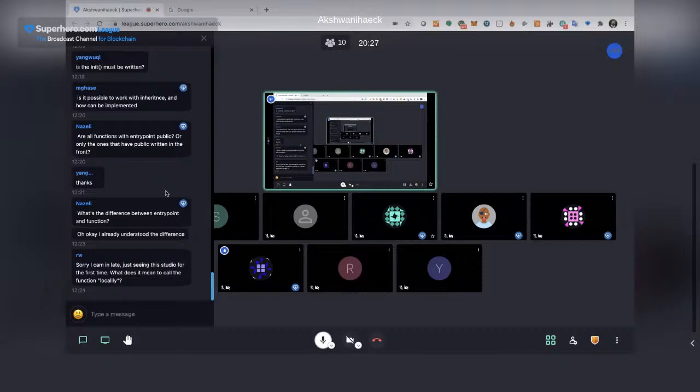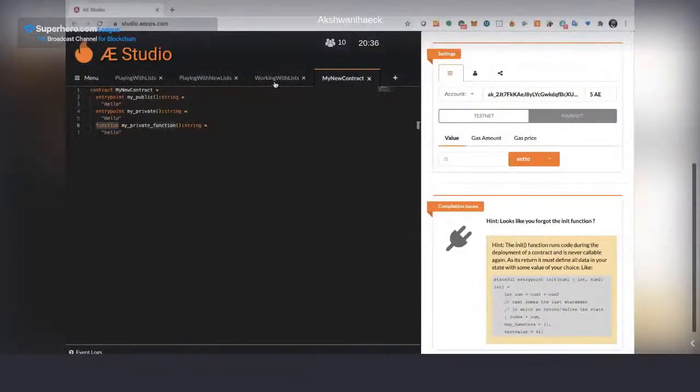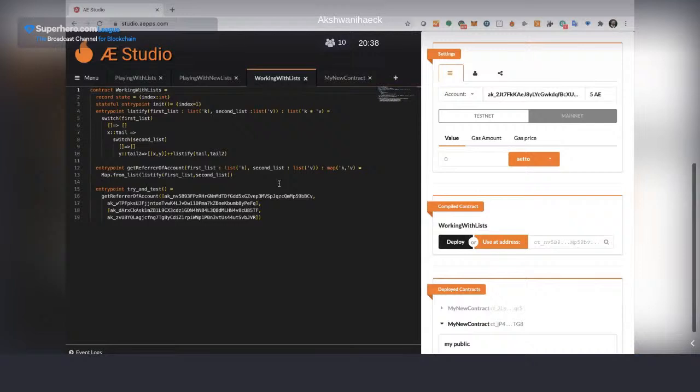What does it mean to call the function locally? Well, you will use it inside your contract. In the example of, I think it's this one, in this case this will be a function because I don't want anybody to use this function outside my contract, because it won't work. I mean, I need to have a certain structure that I'm doing here with the get